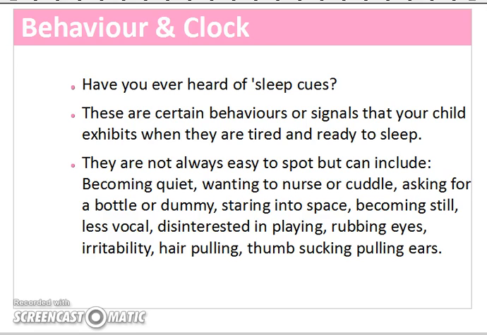Behaviour and the clock. So have you heard of the term sleep cues? What are they? Well, there are certain behaviours or signals or actions that your child does when they're tired or ready to sleep. A really common sleep cue that we probably all associate with being tired is yawning. If you see an adult yawning or a child yawning, you think, oh, they're tired. But the thing with children's sleep cues is they're not always that easy to spot,